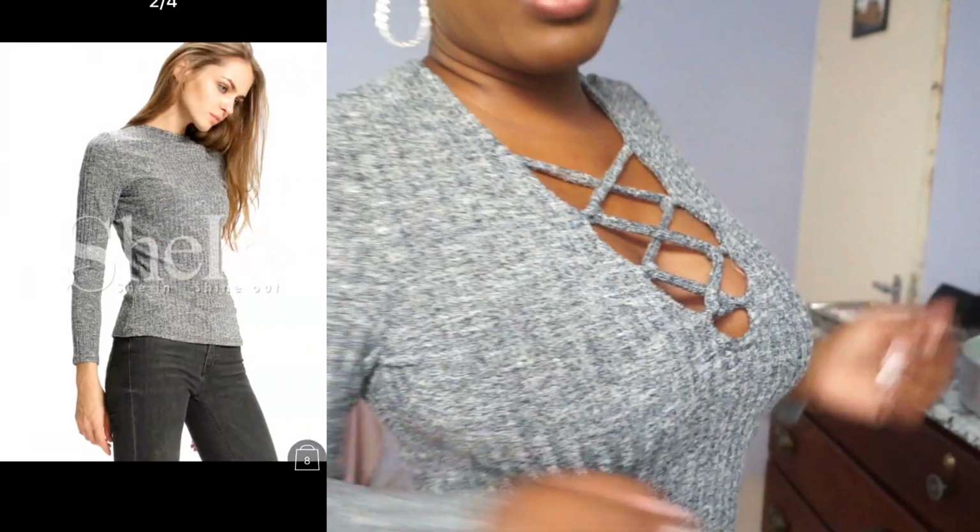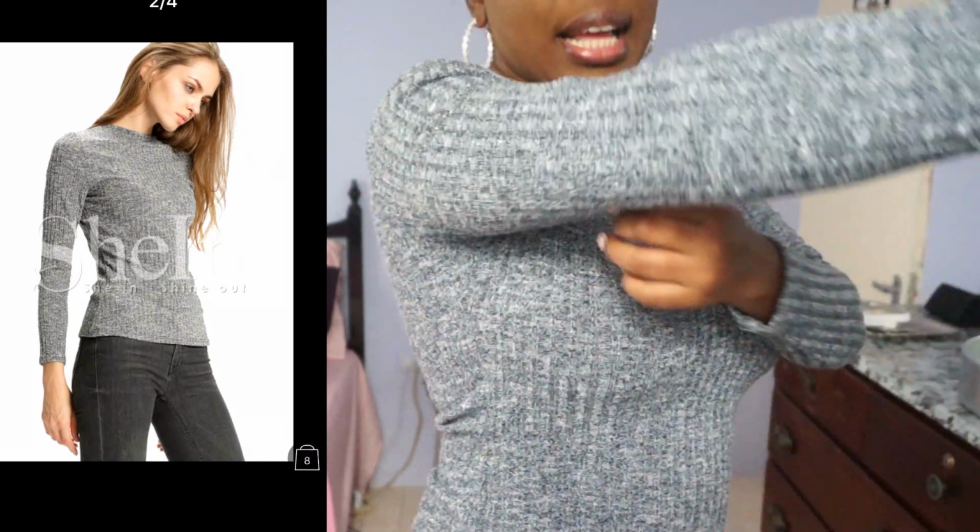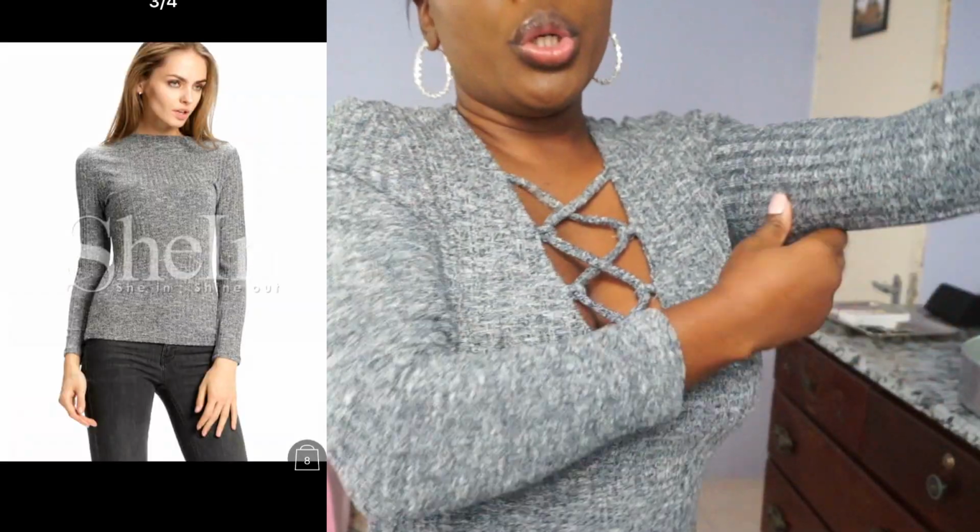So please be mindful when you are buying from SHEIN to look at the size chart, because girl, I was gonna buy a small. Girl, if I had bought a small, I don't know how it fit into this, but you know,